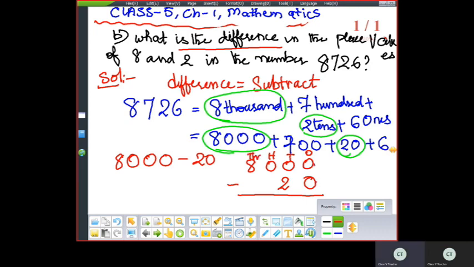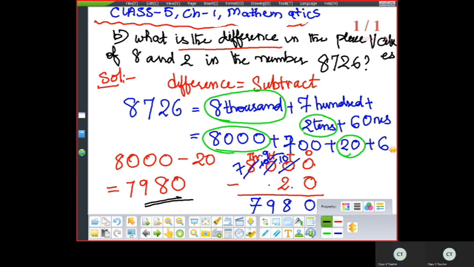Okay, 0 minus 0, 0. So 0 will not go into 0, it will become 10. So this 0 will become 10. Then when it is borrowed from the two tens, it will become 9. And this 8 minus 1 is 7. Okay. So what is the number here? 10 minus 2, 8. 9 minus 0, 9. 7 minus 0, 7. So what is the difference you got here? 7,908. 7,908. Yes or no?